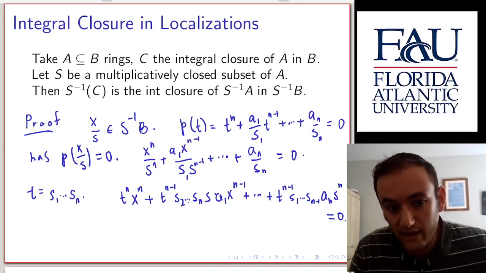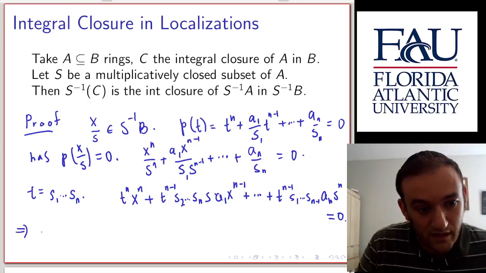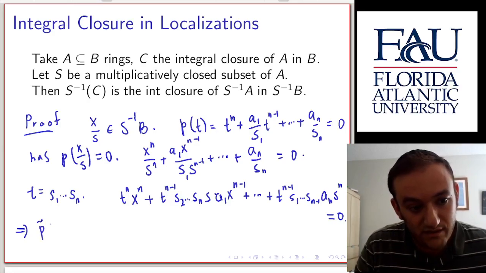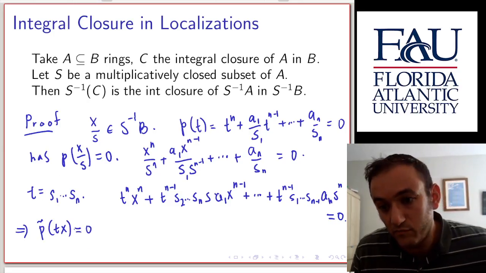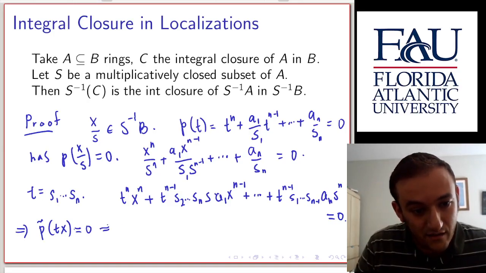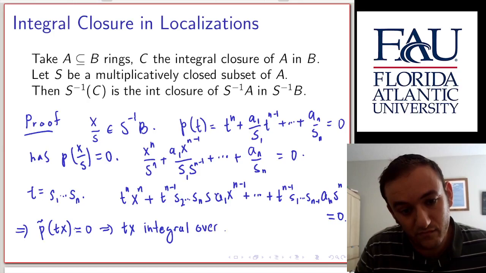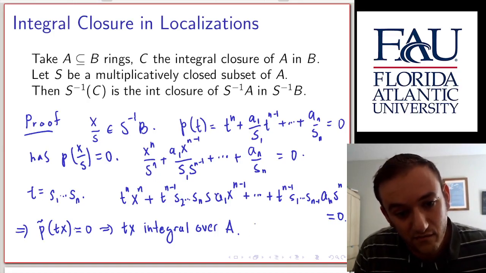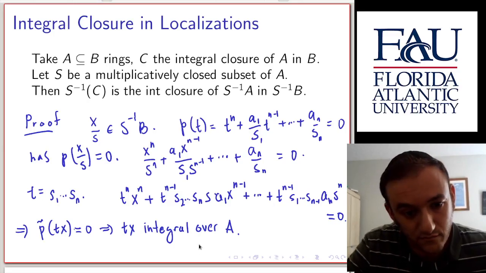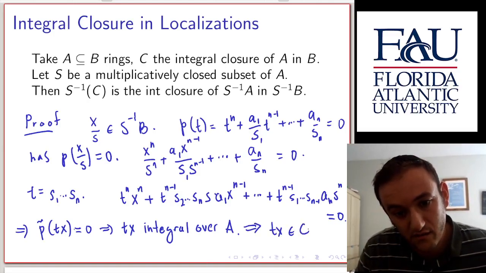The ai's are in A, the s's are in A, the si's are in A, and the t's are in A. So what that means for us is that this is a new polynomial, p tilde of tx, which is equal to 0, with coefficients in A. So that means that tx is integral over A, which means in turn that tx is in C, which means also that